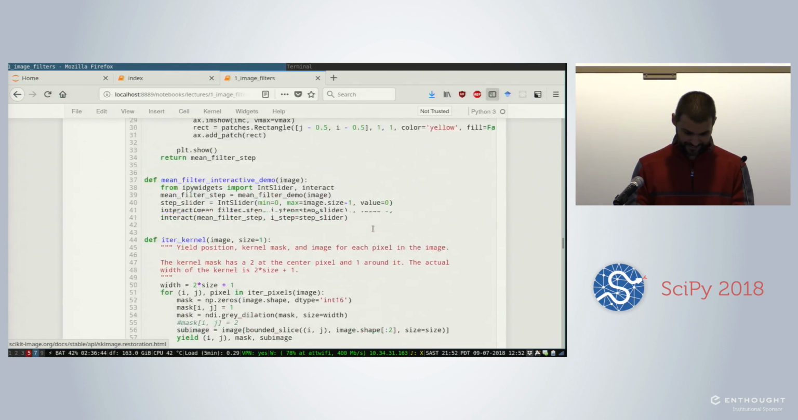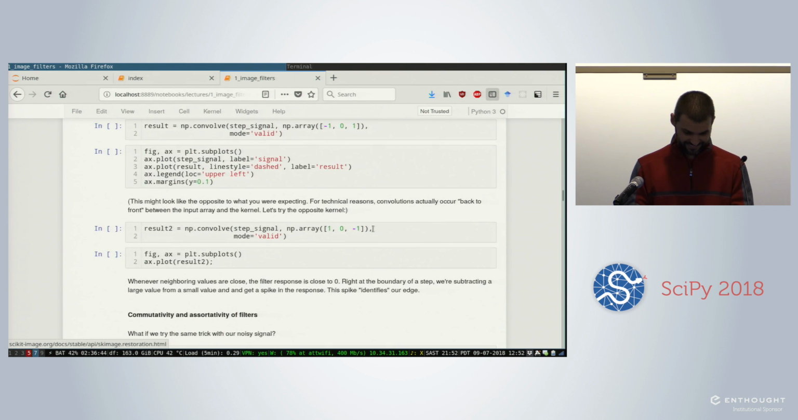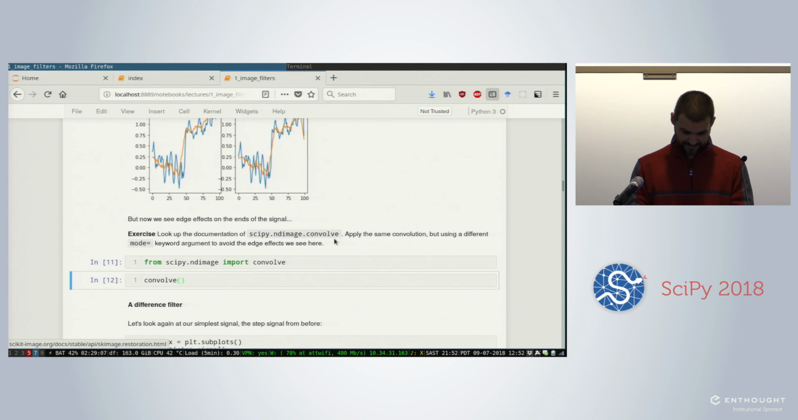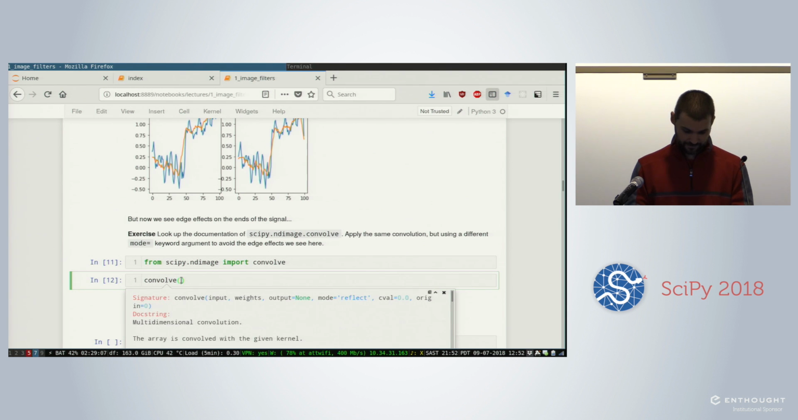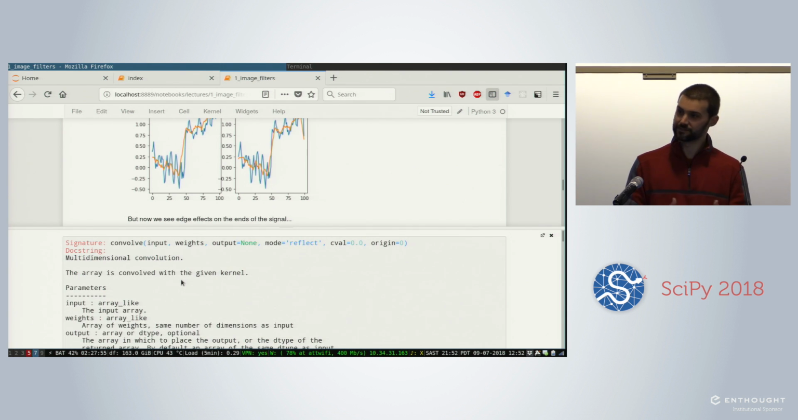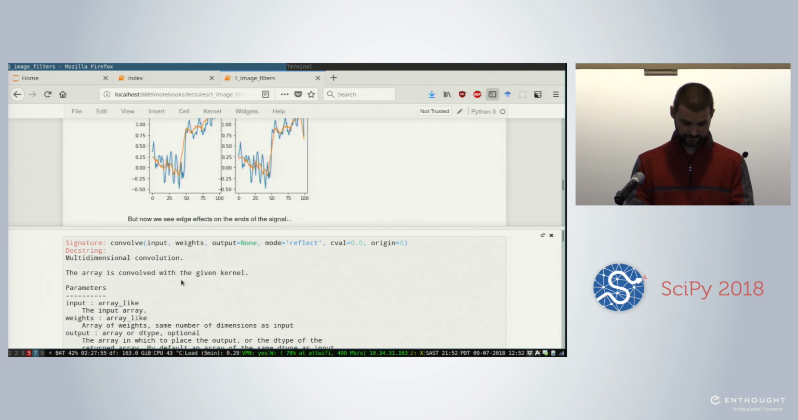I think I was not in edit mode. If you are in edit mode and you do Shift Tab Tab Tab, it pops out and it's the same thing as a question mark, basically. Okay, so now we see that the mode in ndimage.convolve is something different altogether from what we had with